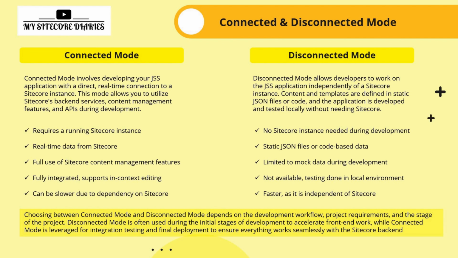Now, choosing between connected mode and disconnected mode depends on development workflow, project requirement, and the stages of the project. Where is your project? Depending on that, your mode will change. So disconnected mode is often used during the initial stages of the development to accelerate the front-end work, whereas the connected mode is leveraged for integration testing and final deployment to ensure everything works seamlessly with the Sitecore